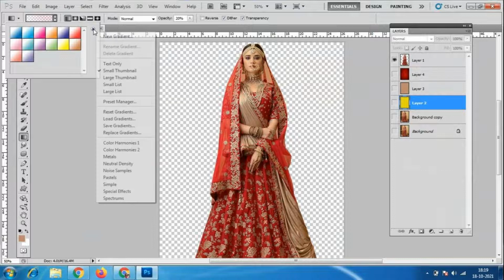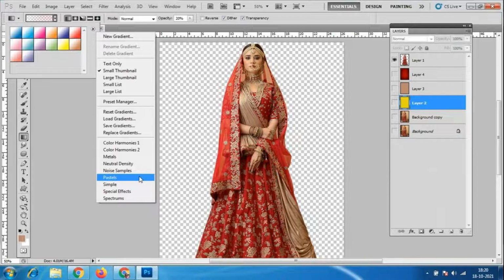If you click on here, you have all these gradients. Please write down all these options: Color Harmony 1, Color Harmony 2, Metals, Neutral Density, Noise Samples, Pastels, Simple, Special Effects, and Spectrums. So we have this many gradient sets over here. Please note it down, everybody.